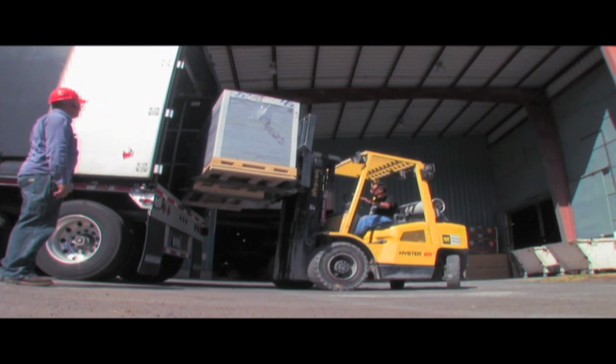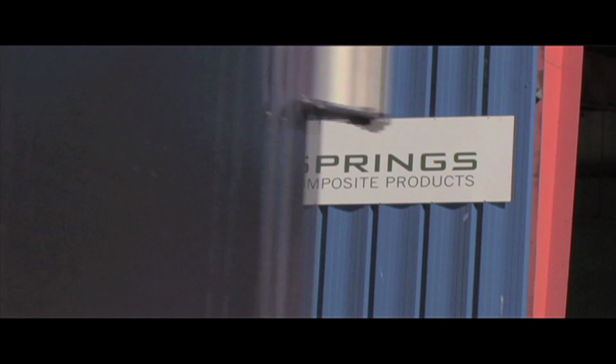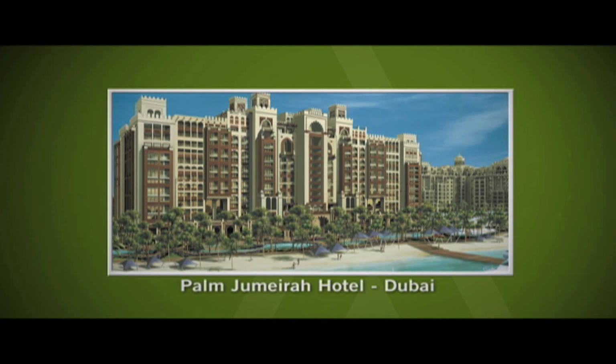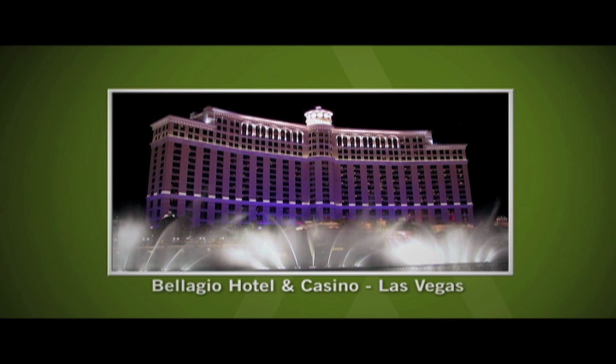Components from Warm Springs Composite products are used to achieve the highest fire ratings, both US and British standards, in some of the largest building projects in the world. We attribute that success to the unique blend of high-quality products and attentive customer service that we bring to every